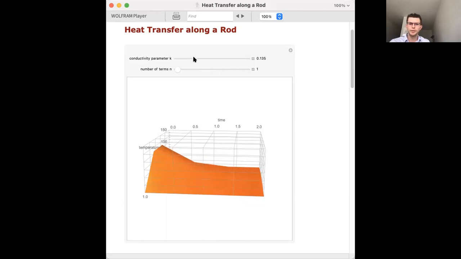Do you see me? Here there's something called the conductivity parameter. I don't know if you see that as you increase the parameter, the graph becomes more and more flat. Is that clear? And if you again decrease it, then it's harder for heat to transfer among different places along the rod, and so it would take more time for everything to